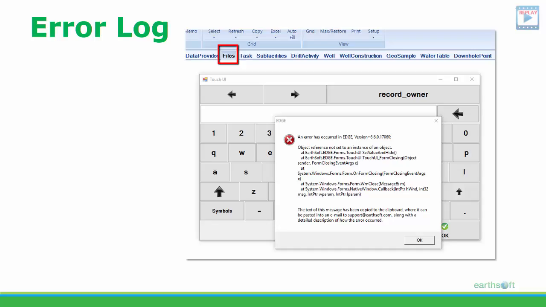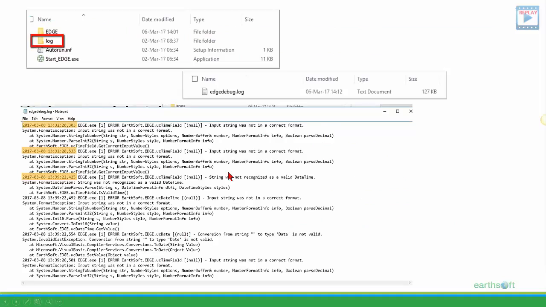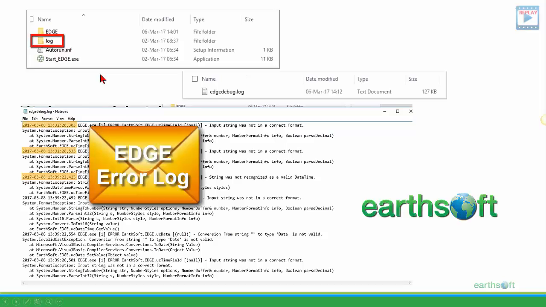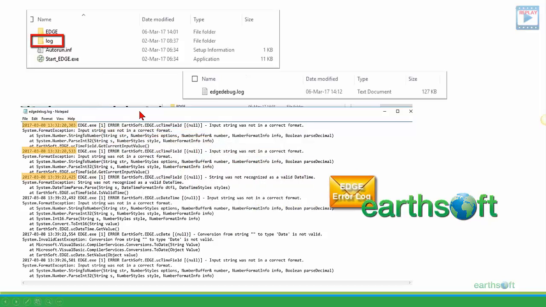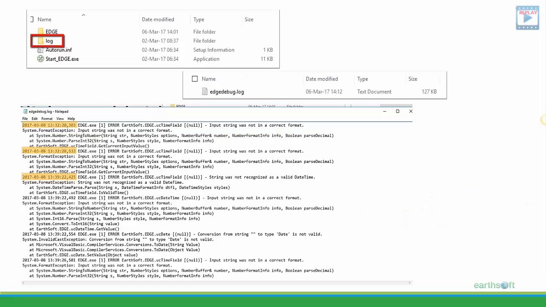will happen. So we created a feature which basically allows us to go further than just taking a screen capture of this error when it happens. So the feature consists of a log file which is located in the Edge directory. So next time you encounter an error during your work with Edge, you will be able to send us the error log file, and we'll be tracking the nature of the error and address it. So overall, this results in a better understanding of our own product and in offering a quick response to your